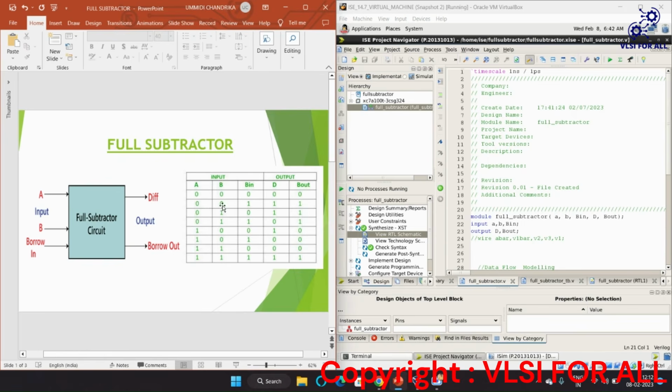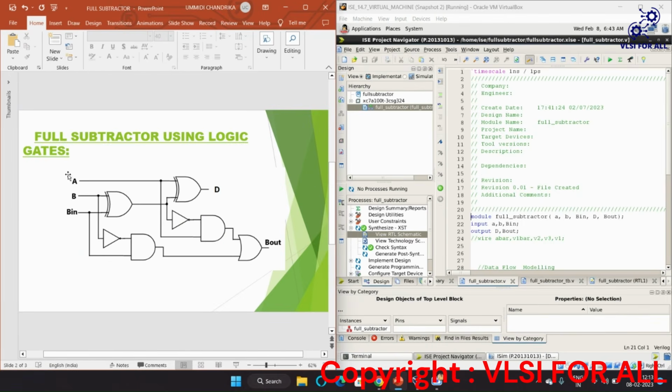When we take 0, 0, 1 as the input combination, 0 minus 0 is 0, and 0 minus 1 produces a difference of 1 with borrow 1. When we take the input combination 0, 1, 0, 0 minus 1 means 1 with borrow 1. With that, 1 minus 0 again gives 1 and 1. For 0, 1, 1, 0 minus 1 means difference 1 and borrow 1, and again 1 minus 1 is 0, so the difference will be 0 and Bout will be 1. Like that, these input combinations are tried for the rest of the inputs.